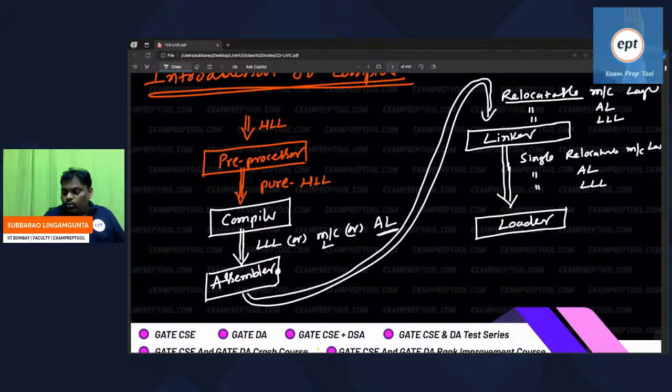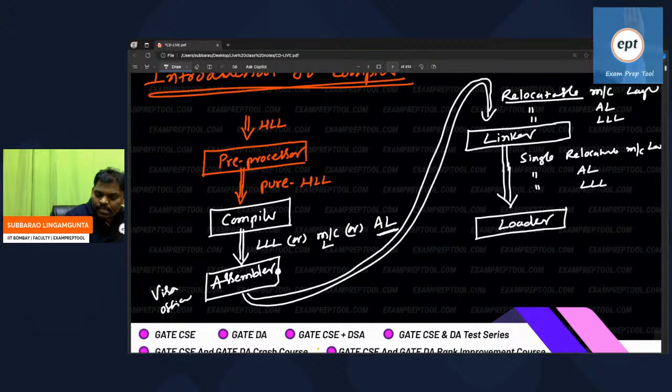They will verify, do you know English or not? Because you are Indian, and total US people speak in English. Will you get the language or not? So they will verify all. If you are eligible, then only they will give. Assembler is exactly like this. Assembler is like a visa office.